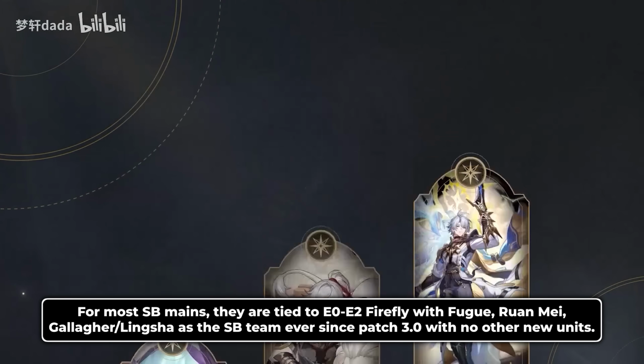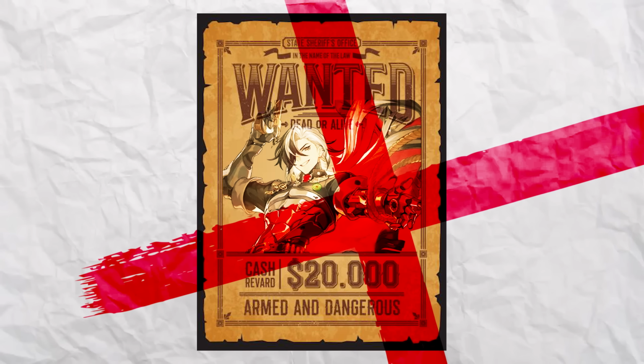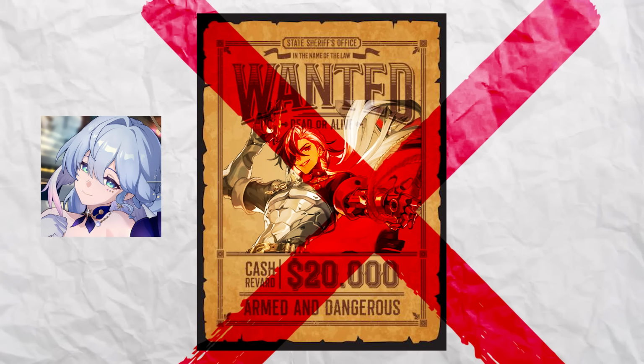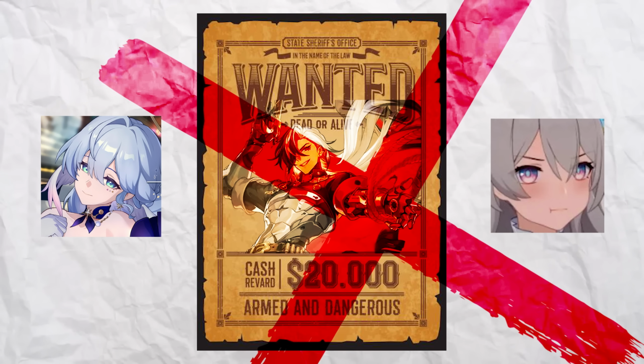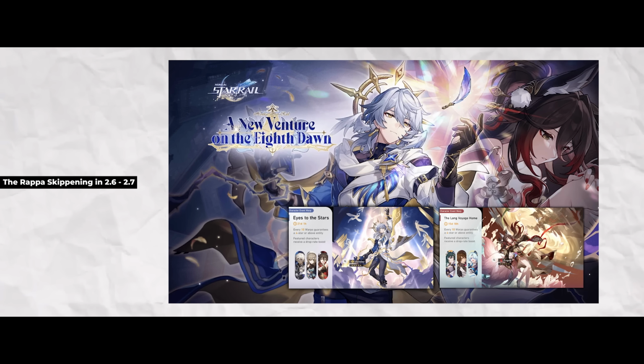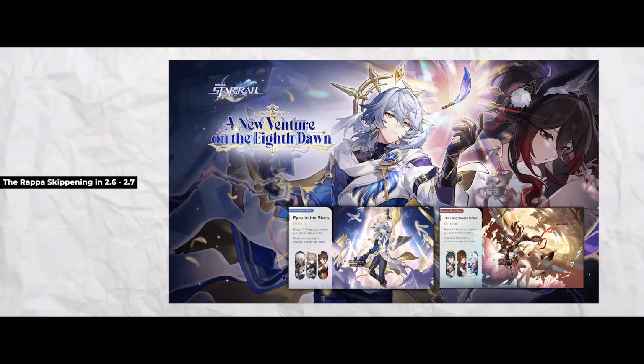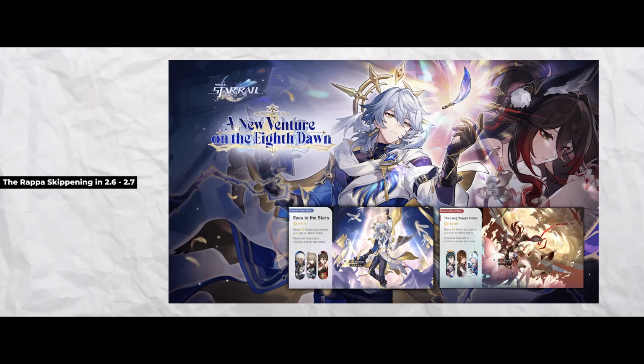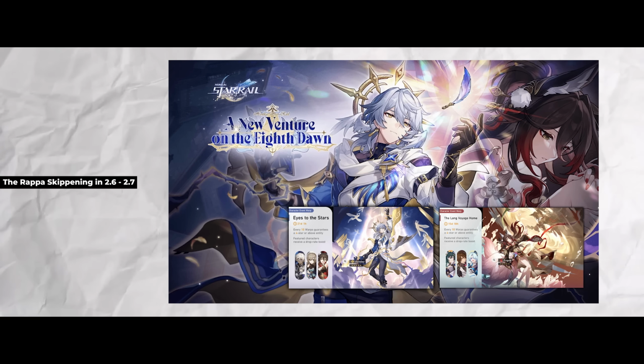And as we all know by now, most if not all Super Break players essentially skipped Boothill because he was in an awkward position between Bubbin and all in the Firefly banner because, you know, lore, girlfriend, story, all that kind of stuff. And most will probably skip out on Rappa because they would have known that Fugue and Sunday are going to be coming out in the next version update, which would then upgrade the Firefly to the next level before going to